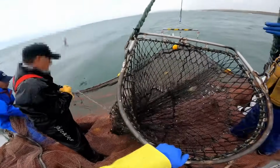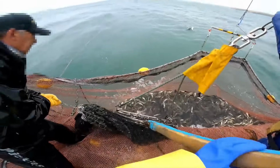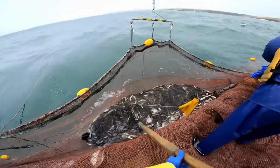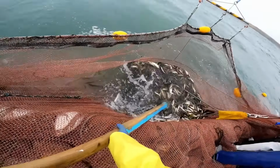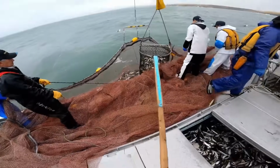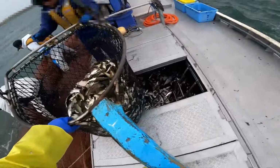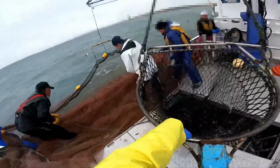Modern fishing boats are not only equipped with large nets but also have automatic systems that help harvest quickly and efficiently. This not only increases productivity but also reduces labor for fishermen. Modern refrigeration systems on board help preserve fish better, ensuring fresh quality when they reach consumers. The video details how fishing boats use this technology to optimize the fishing process. From locating fish schools, dropping nets at the right time,